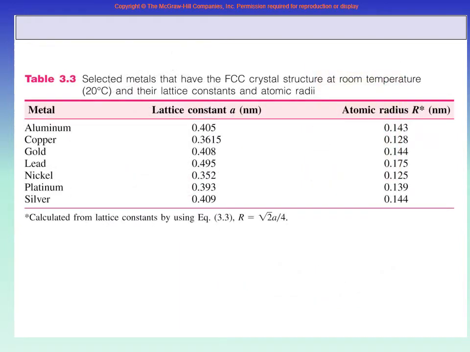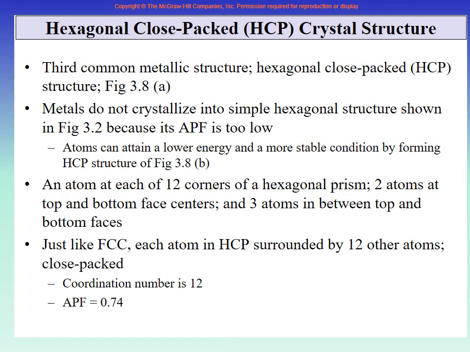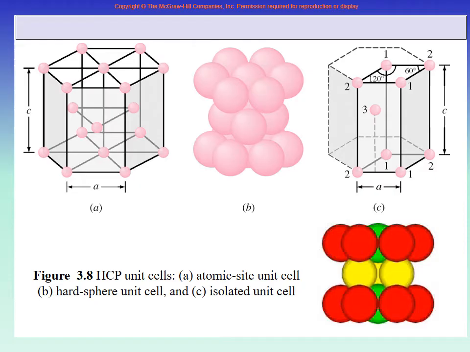And then another table: aluminum, copper, gold, etc. are FCC types, with their lattice constants and their atomic radius. Then we went to the hexagonal close packed crystal structure, which is the last in the general scheme, and more than 80-90% of the metals will be covered by these. So we showed you the hexagonal close packed, how it is there normally, how it is there when all the atoms are trying to touch each other, how we calculate the volume and so on.